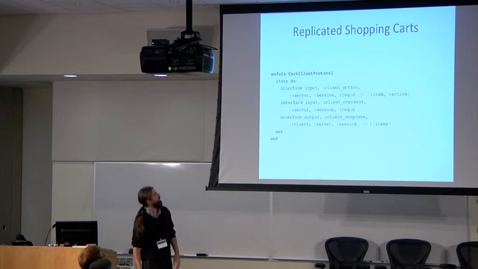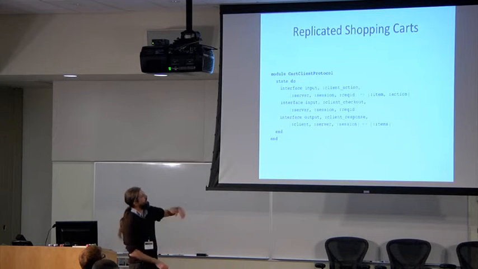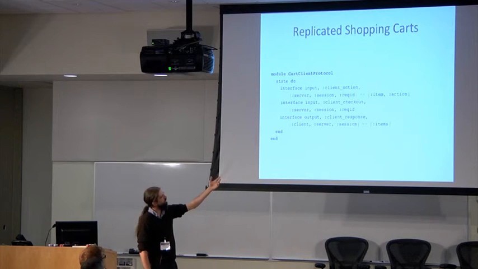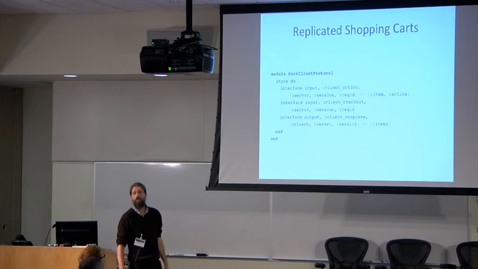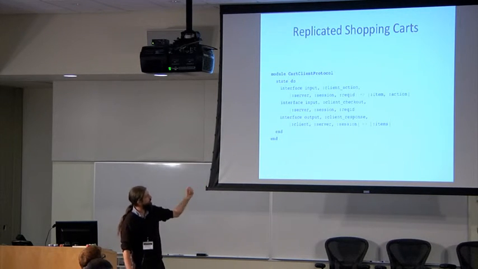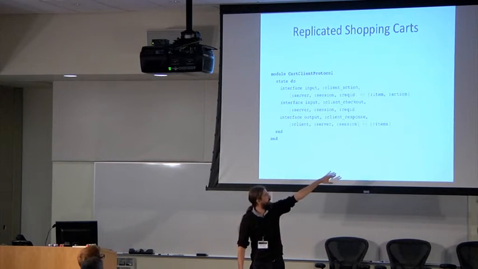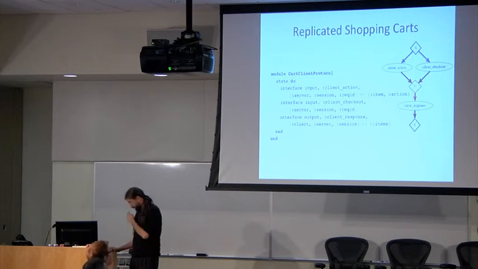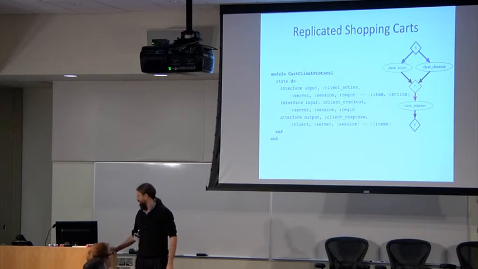Here's a shopping cart protocol. I won't spend too much time on it, but you have a stream of actions from the client. For a particular session or cart, you have some item, beer, diapers, and some action, add, delete. And at some time, that session checks out. And when that session checks out, the server, whatever replica the client happened to be talking to, sends a response to the client that contains, for that session, you have beer, beer, beer, beer, diapers. And here's the picture, right? It's obvious. There's two inputs, and there's an output.